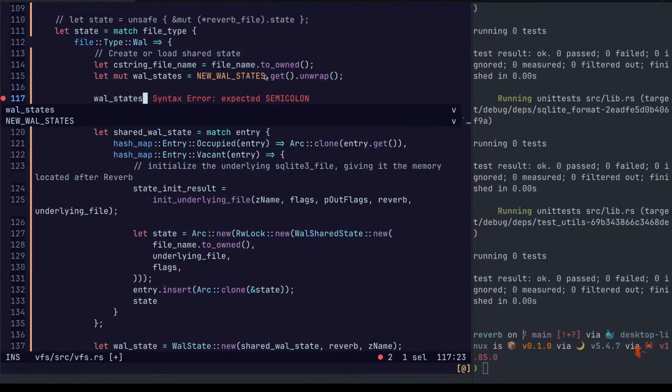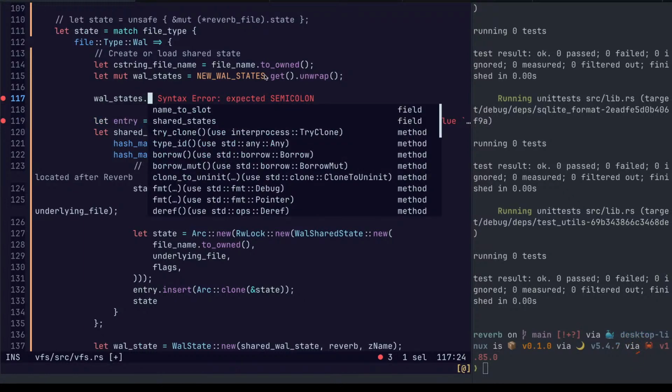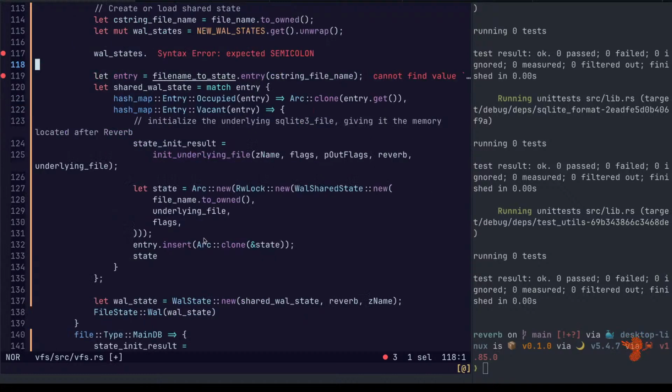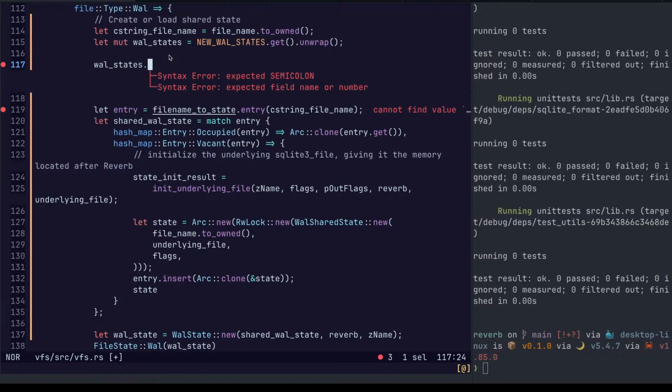All states dot. And at this point, we just want to call a function that essentially does all this stuff and returns us a wall state. Get or create wall state.